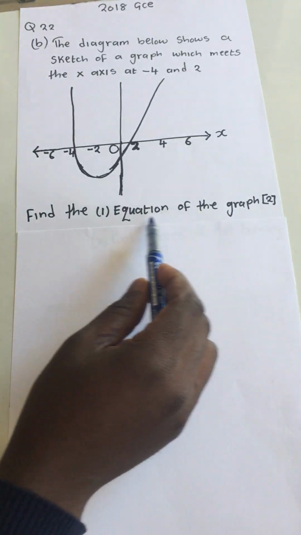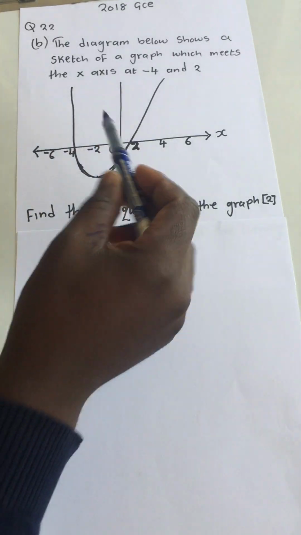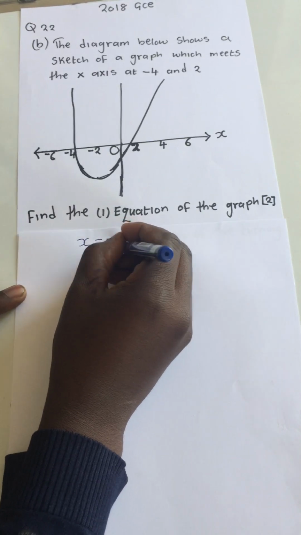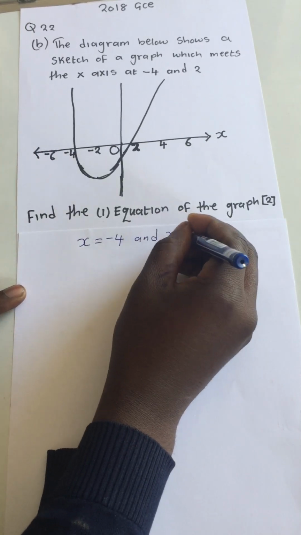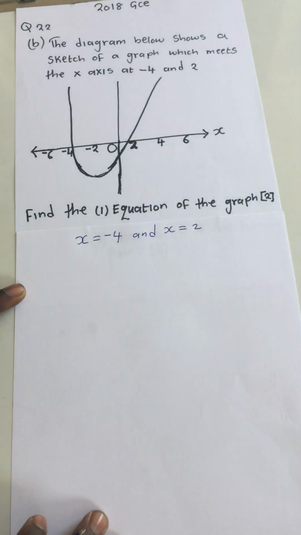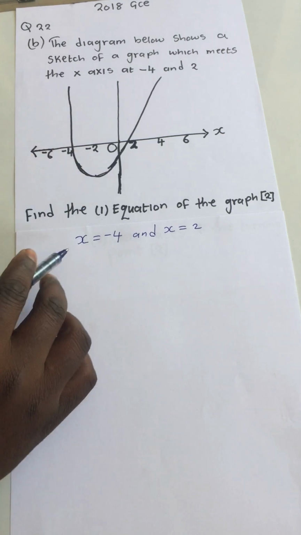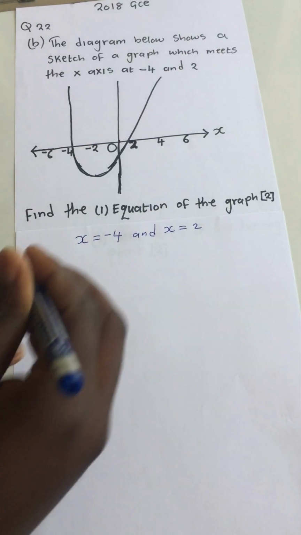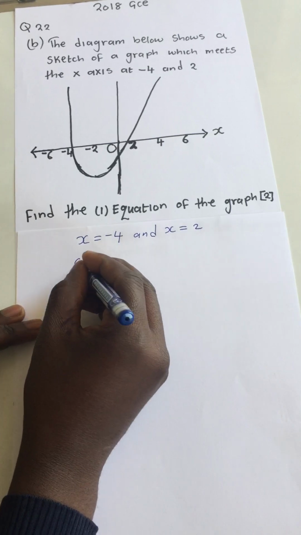The first question says, find the equation of the graph. You have been given that x is equal to -4, where it's passing there, and also x to the positive, which is 2. That is the first thing you need to put in mind. Once you have been told to find the equation, if you have been given points like this, you copy the points the way they are, and then you put them back into the equation, the way they were before this. So it will be open x